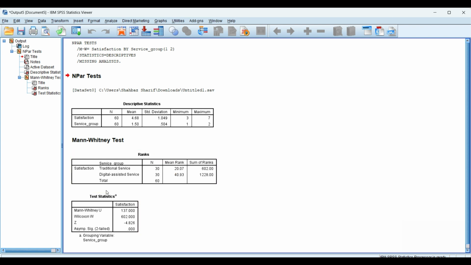You can find that for satisfaction level, the traditional service group mean rank is 20.07. However, in the digital assisted service group, the mean rank is 40.93. So there is a huge difference between the traditional and digital assisted service groups. It means our respondents are more satisfied in the digital assisted service group rather than traditional service. So there is a significant difference between the two groups